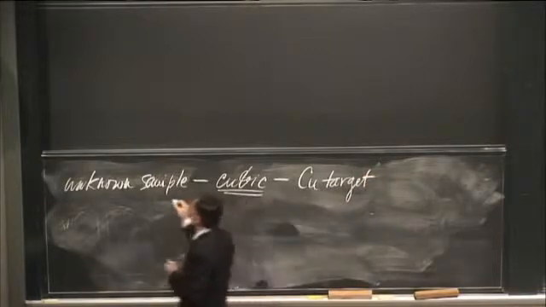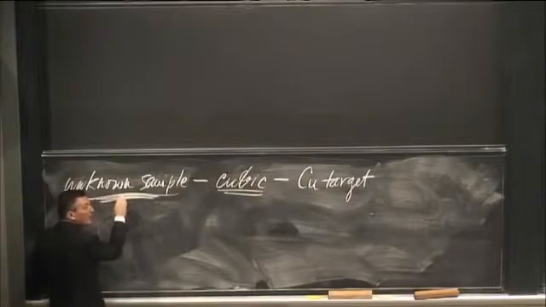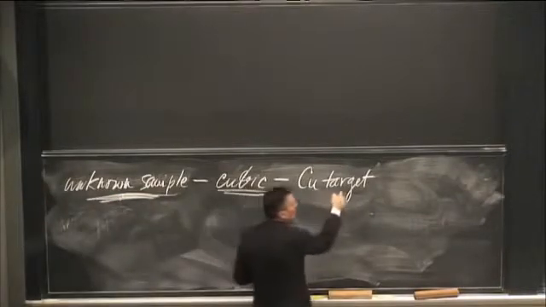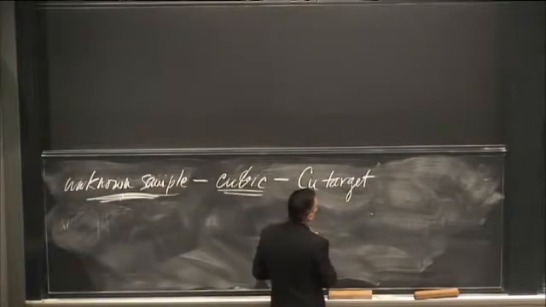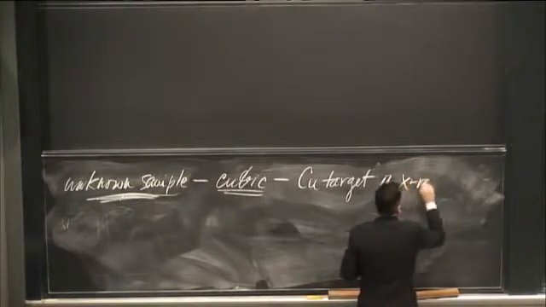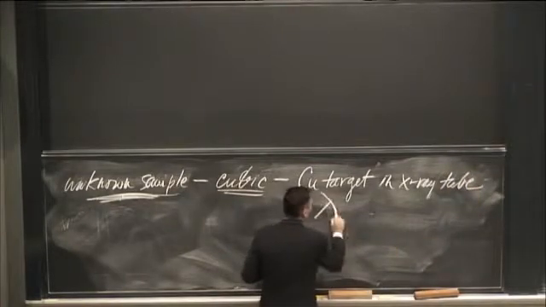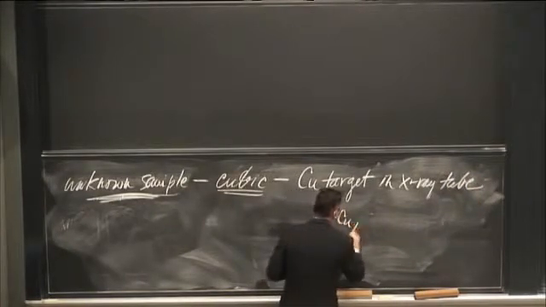Okay? So remember, the sample is not the target. The sample is what is being irradiated. This is being bombed by the electrons in the tube. Copper target in X-ray tube. Okay? And that means that the lambda of the radiation is lambda copper, and I'm going to use